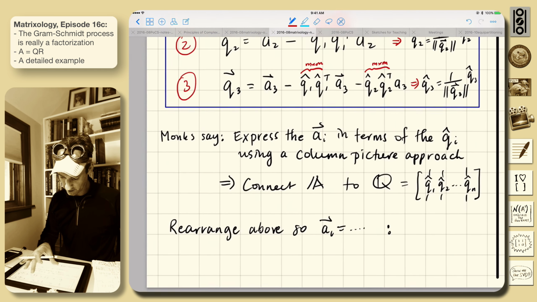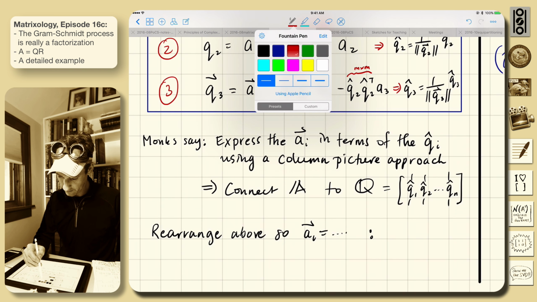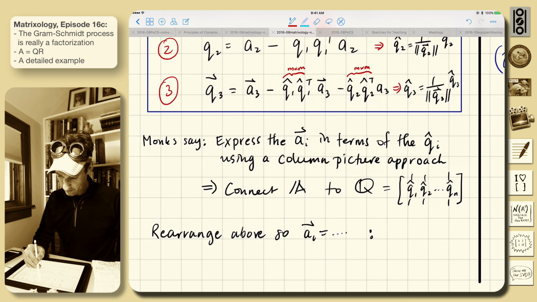So the monks are going to turn up quite a bit with their strange comments, and